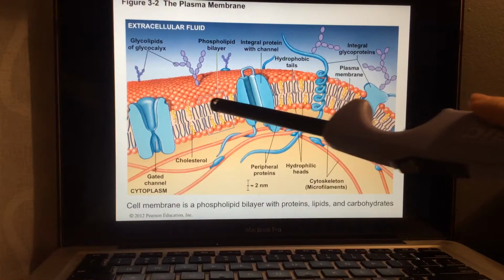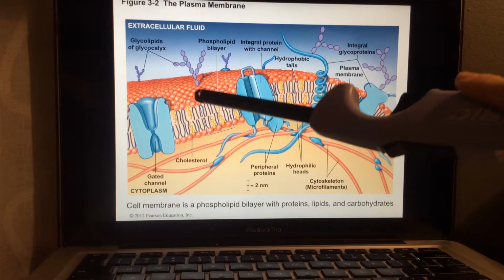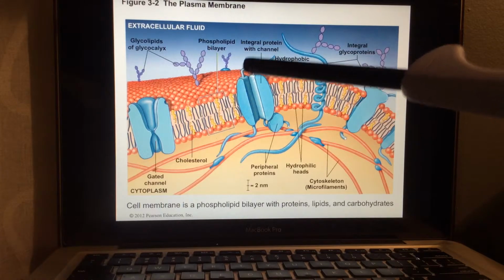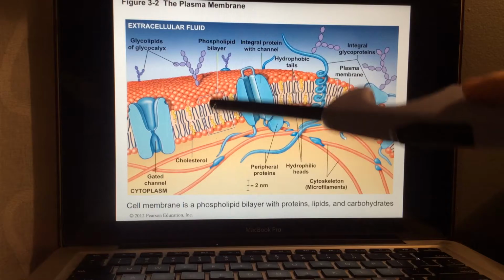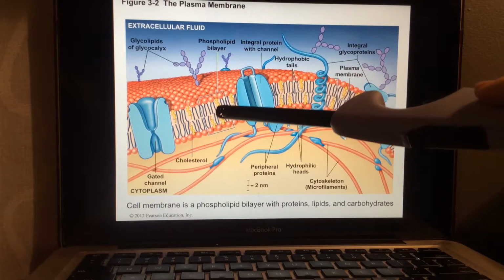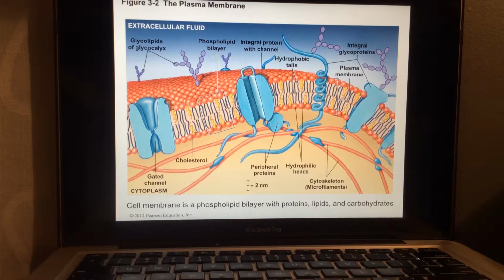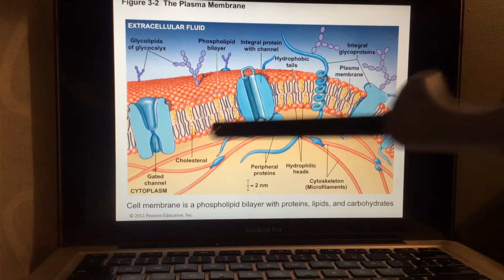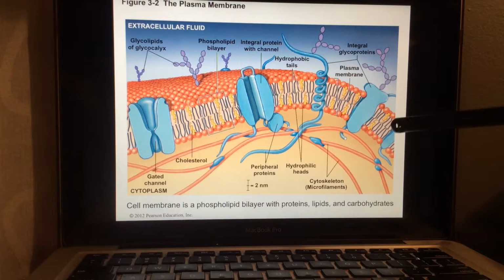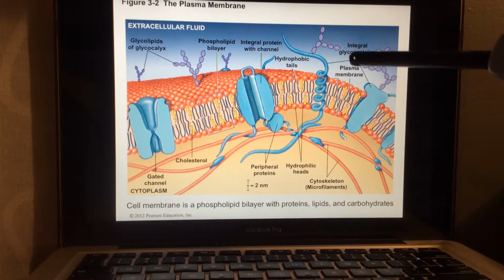So the phospholipid bilayer right here, you see the phosphate heads that are hydrophilic. They love the water. You'll see them on opposing sides with the hydrophobic tails meeting inside each other. Inside you'll also find cholesterol to help give the plasma membrane more structure and support. You'll find proteins, different types of channels, and different types of proteins to help identify the cells to others. You'll find carbohydrates, these glycoproteins,